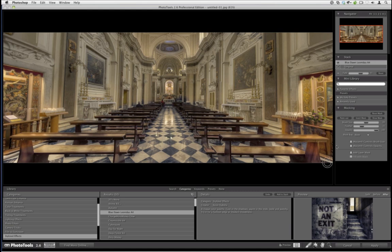All right, I'll paint in the pews because they're bothering me. I want the pews to be uniform. Okay, now what we'll do is let's add a little bit of